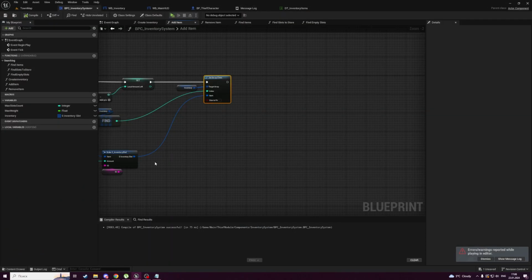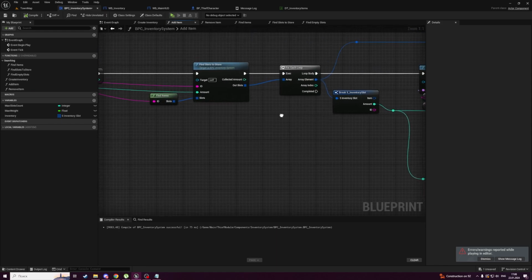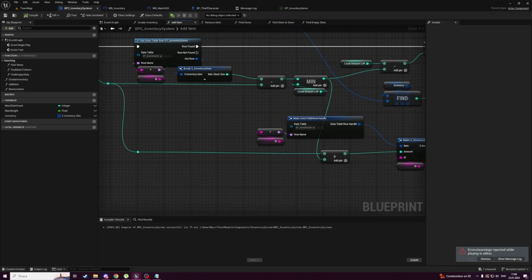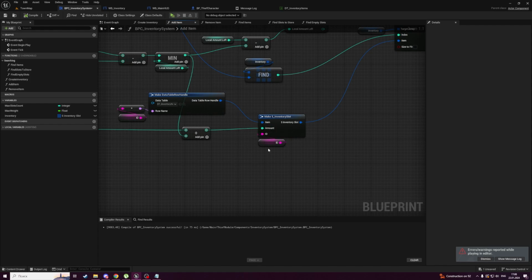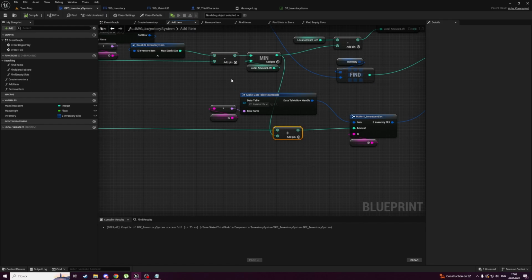Why do we have 0 apples? The add item function has some issues, so let's search for them. Where is the place we're setting an amount? Here we are setting an amount, and it is the current amount in the slot plus